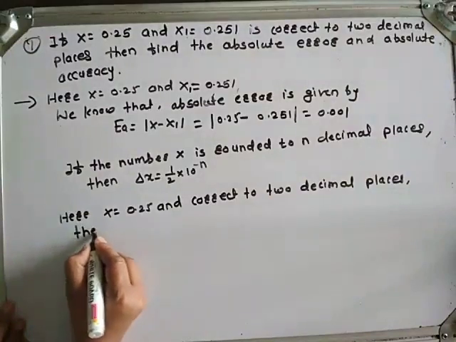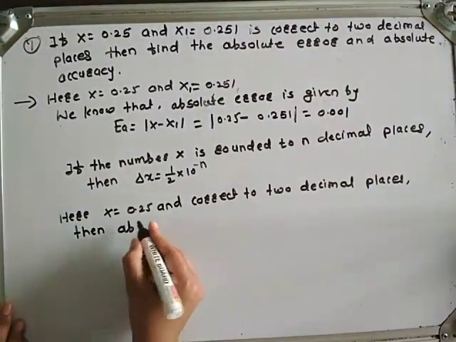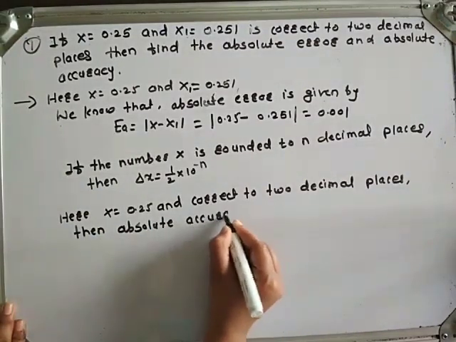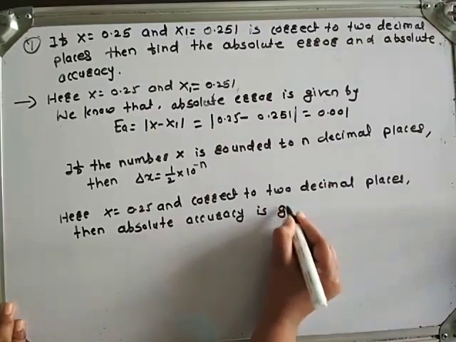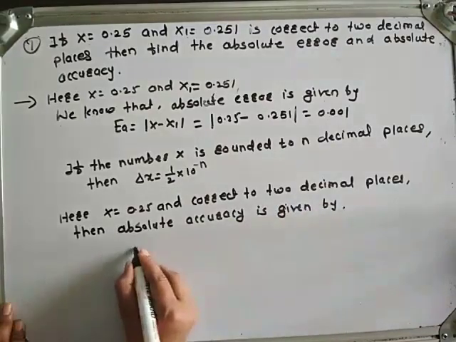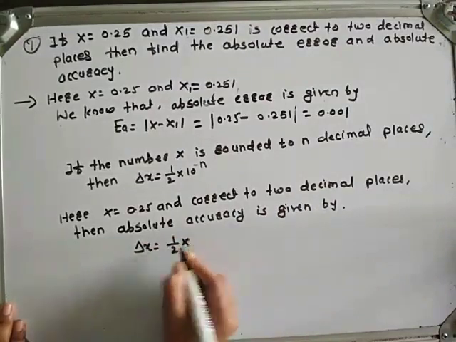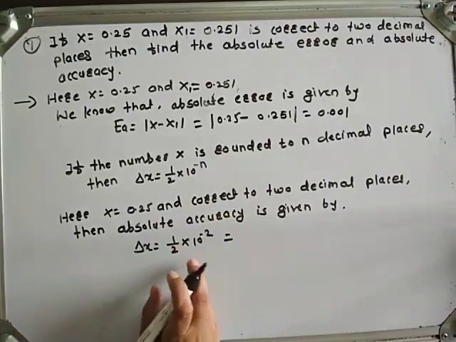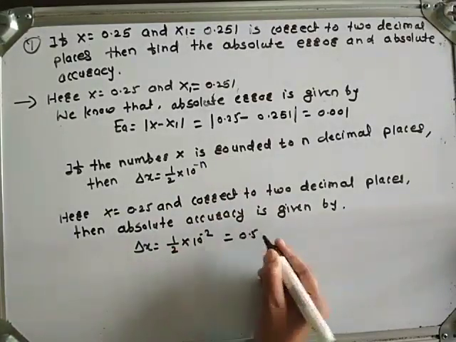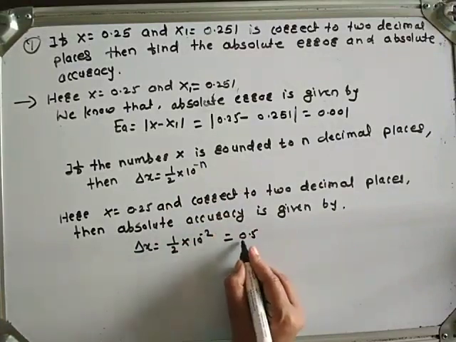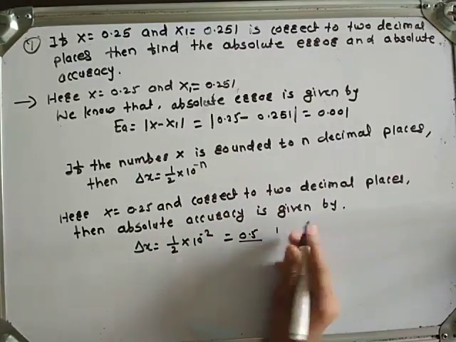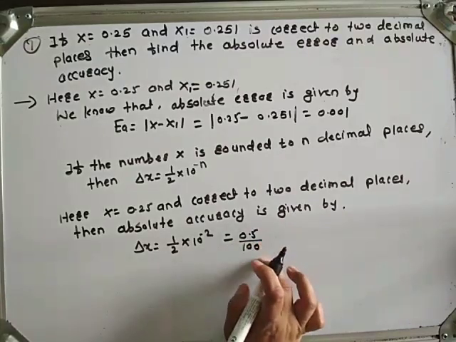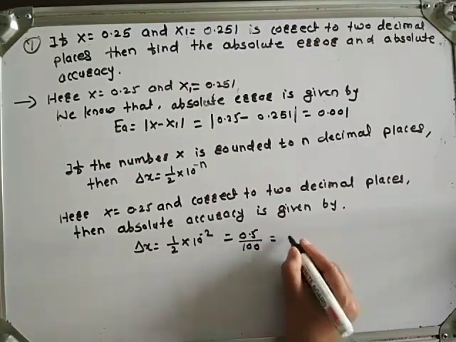Then absolute accuracy is given by delta x is equals to 1 by 2 into 10 raised to minus 2, where n is 2, which is equals to 0.5 into 10 raised to minus 2, which is nothing but 0.5 upon 100, which is equals to